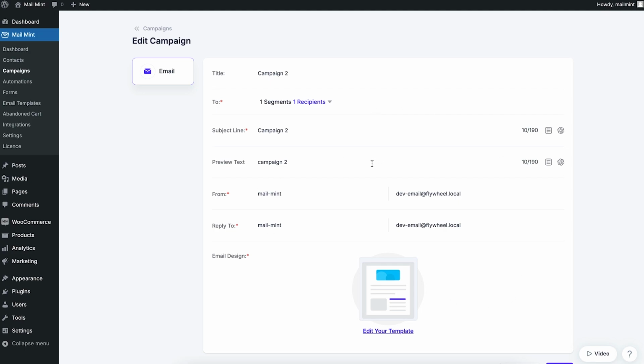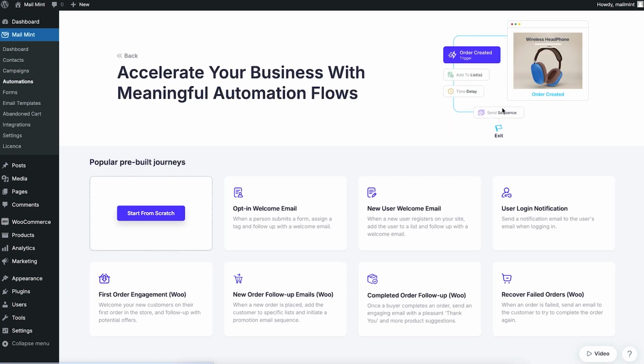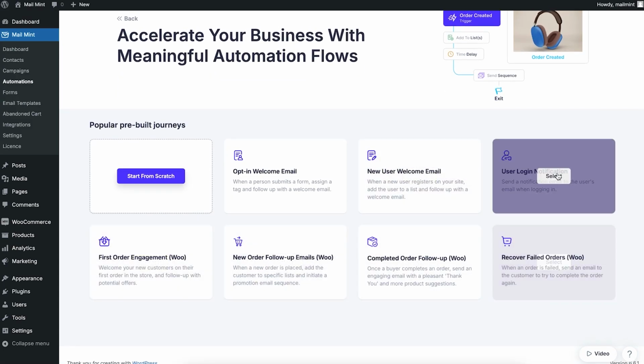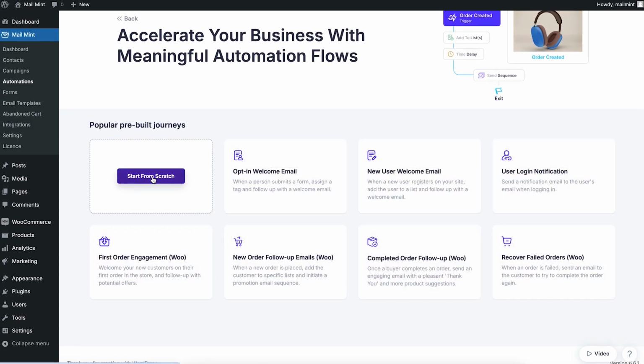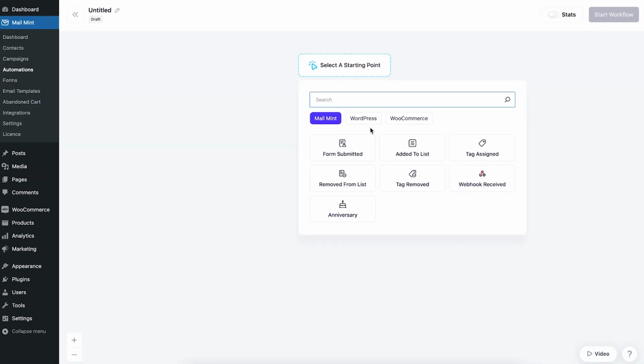A lot of stuff, right? Now let's move on to automations. So previously I showed you creating an automation with the basic features. Now you can see that we have other recipes enabled in the Pro plugin. So if I click on start from scratch and click on select a starting point, now other than just form submitted, you also get to start your automations based on this condition, such as when someone is added to a particular list,